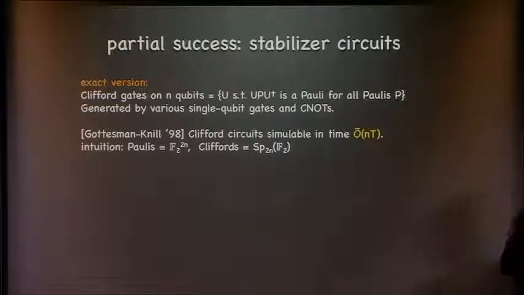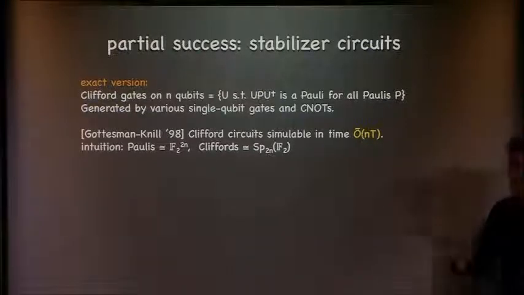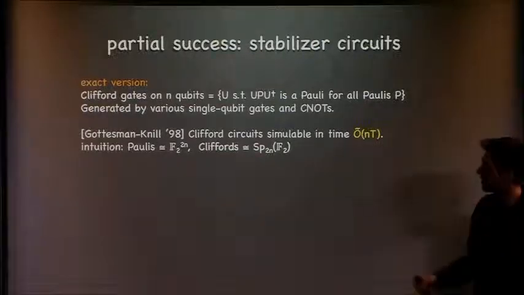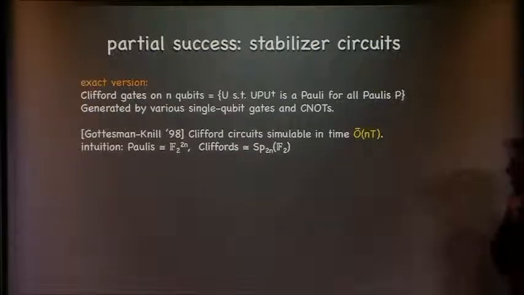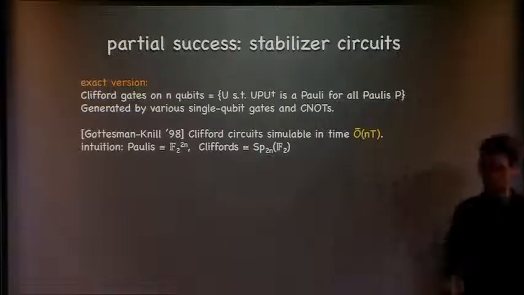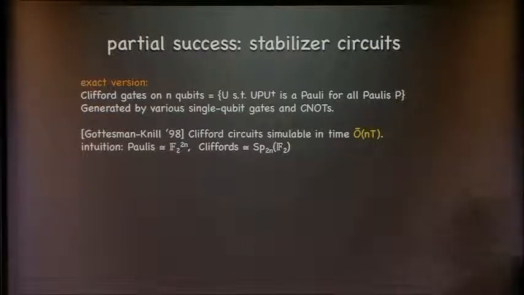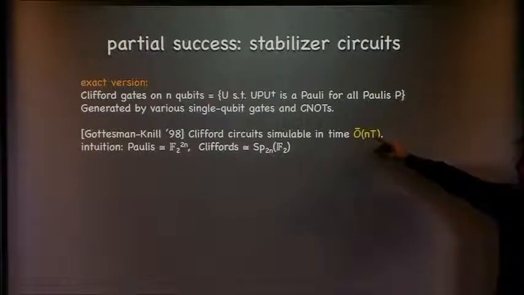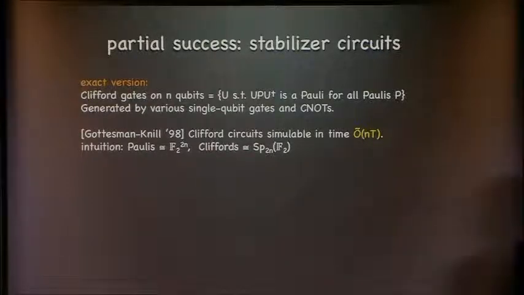And it's very much not computationally universal. It's a small subset of all quantum gates. To emphasize it's not universal, Gottesman and Knill proved over 15 years ago that a Clifford circuit can be simulated with a small overhead. The time is linear in the number of gates, and each step can be simulated in time that's basically n log n, if n is the number of qubits.